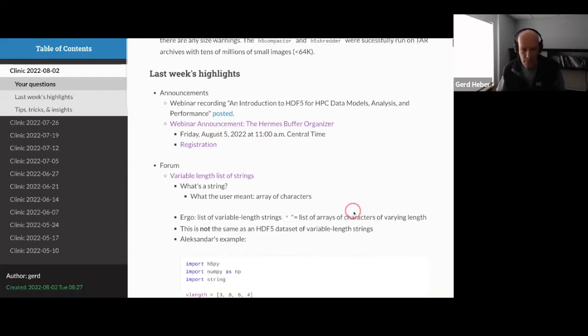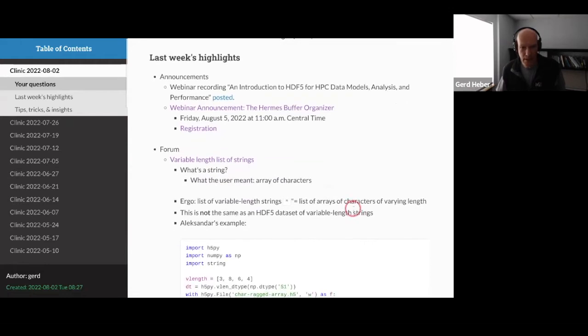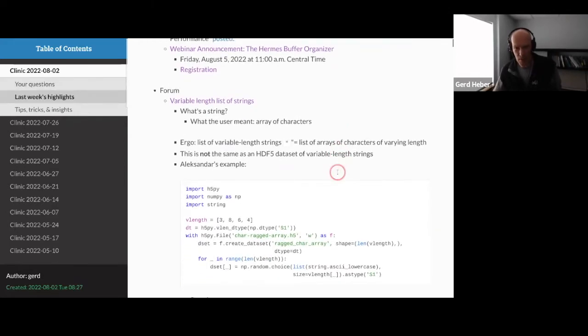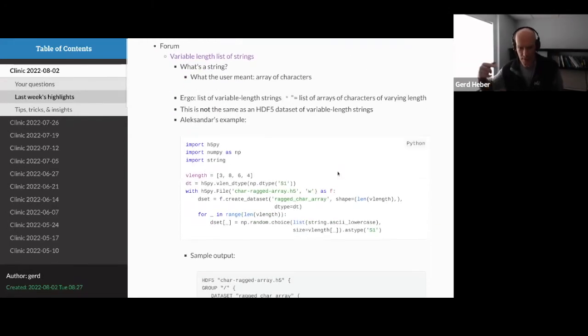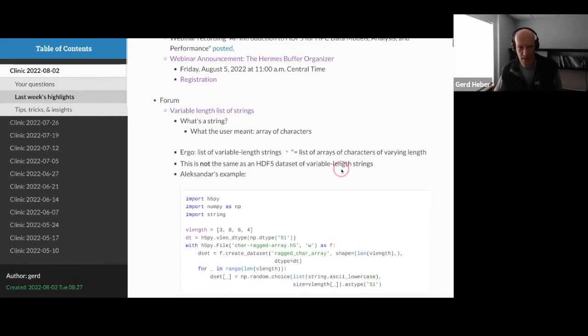Okay, I'm going to pause. Any other questions? Otherwise, we will move to the forum and a few other things. No? Okay. Again, my biased selection from the forum was basically two things. One, I converted into tips and tricks, and the other one is here.